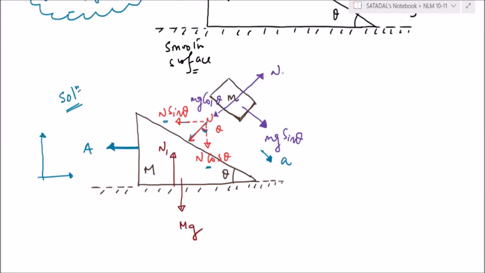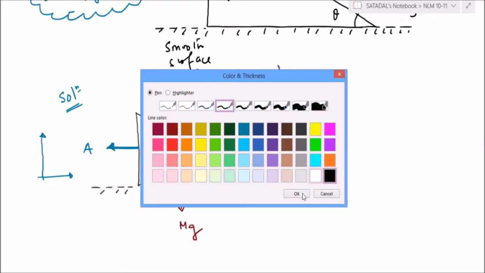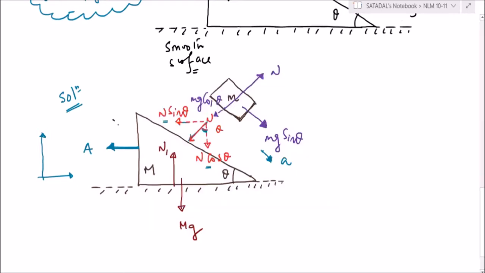Now one more thing is pending. What? That we have to take the component of the acceleration of the wedge also, because the block is moving relative to the wedge, as we did in the first half. Exactly the same thing we are doing; there is hardly any change. This is theta. This is A cos theta. This is A sin theta. Correct? Now, force equation